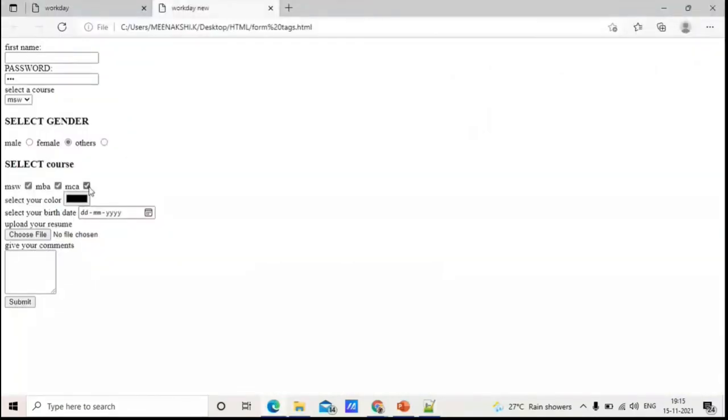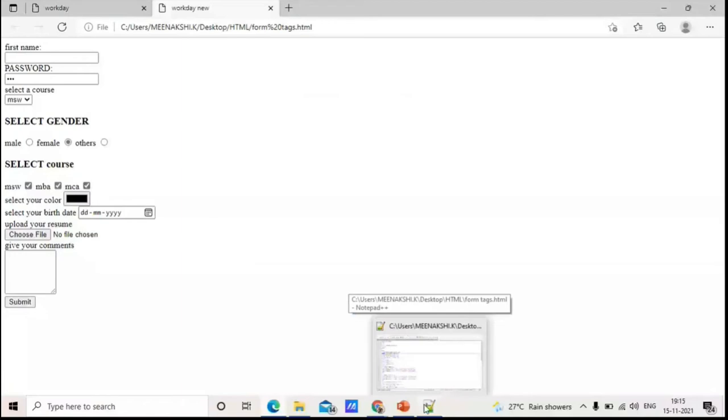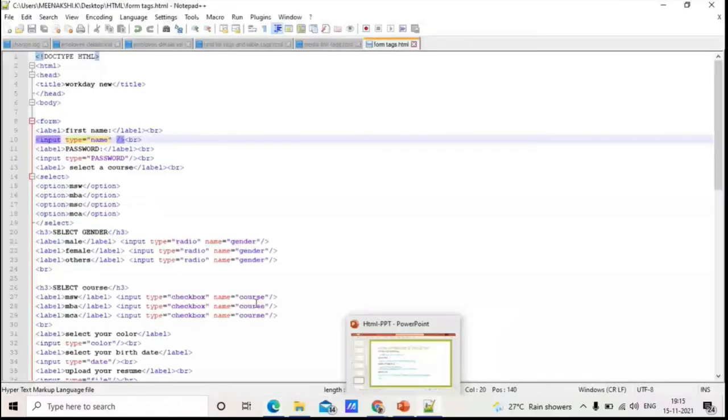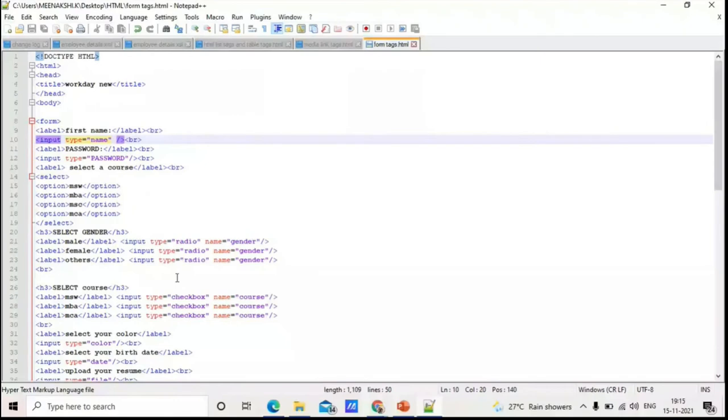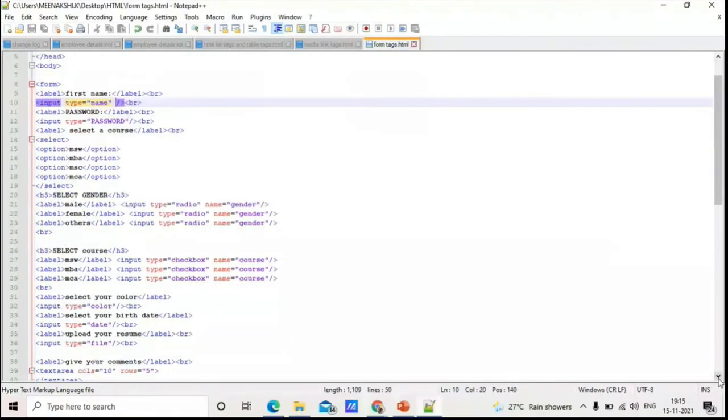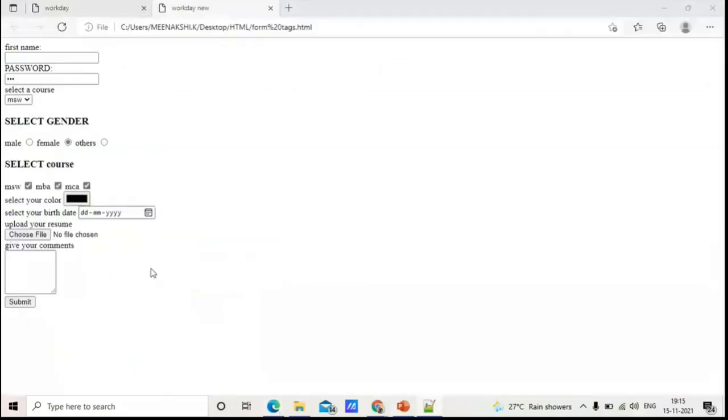Next one, if you want to select any color, the input type you are going to give in the form, you can use color also. Like, the same example I am telling, going to a shopping website, you are going to select any garment, like for girls, you are going to select any tops. If you want to select the color, you have to give select your color. The label you are going to give is select your color, and the input type you are going to give within the quotes is color, and you have to close the angle tag. This is the input type you are going to give, color, and when I execute this, you can see here